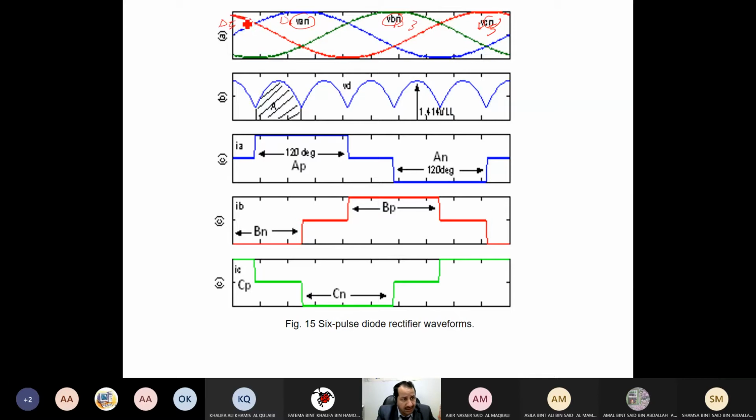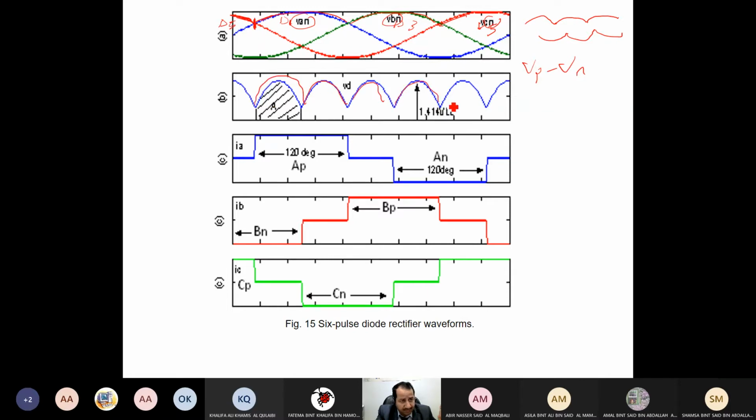So see the red color here, red for VCN, until the point of intersection. We mentioned that after that point, the blue will be the highest voltage, which is VAN, which is connected to diode D1. So this pulse will appear until the green comes, and it will appear until the red. From the upper part, the positive part, in this way. From the negative part, it will be in this way. The difference between them, VP minus VN, will give me the output voltage, which looks like this, 6 pulses,